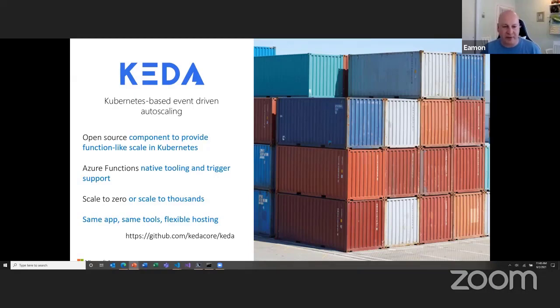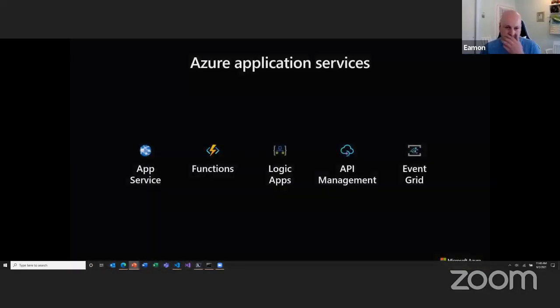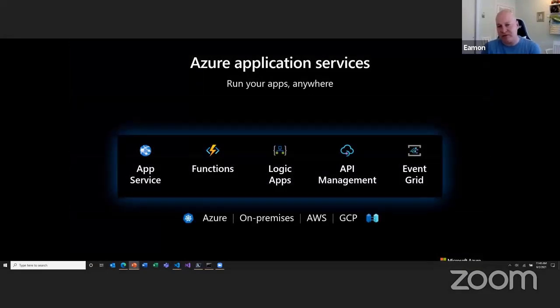But the other thing about KEDA was we wanted to not just give customers the ability to build out their own platform by taking the Functions runtime, KEDA and Kubernetes and stitching it all together. We really wanted to think about how we make all of our Azure application services available wherever you want to run them.